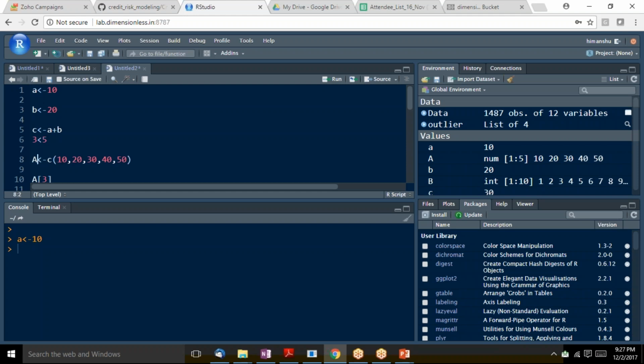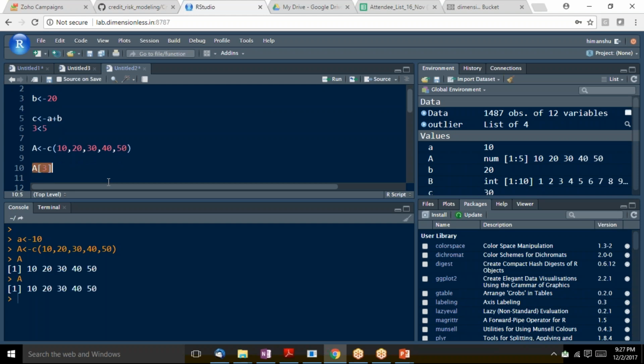I can put multiple values in a vector as well. So this is how I'll do it. When you say a of this, now this a is again getting loaded there. Now if I have to print a, I know these are the values present in a, right? Then we did this simple